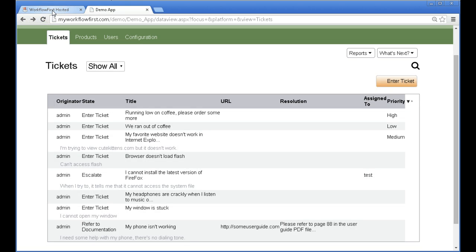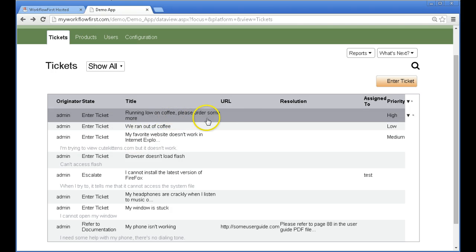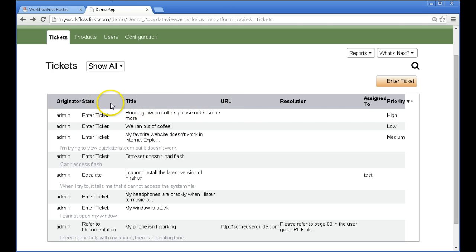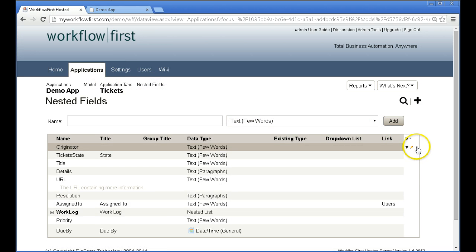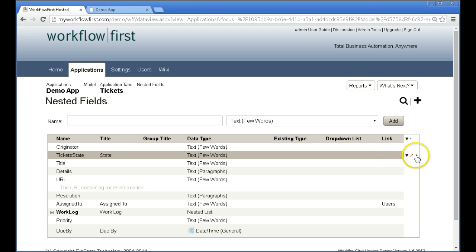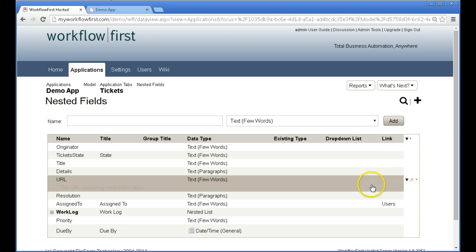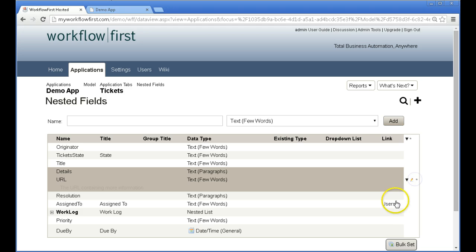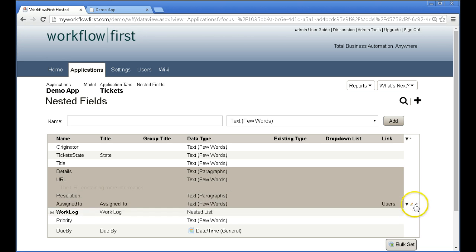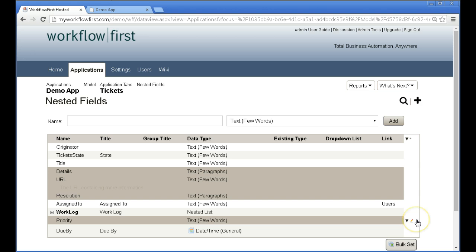Okay, you can actually go through all of the fields in order to define which fields are going to show up in this list view and which will not. There's actually an easier way of setting that quickly, and that is you can multi-select the fields that you want to take out of the main list. So let's say I click on details and URL and resolution. I'll leave assigned to, but I'll take out